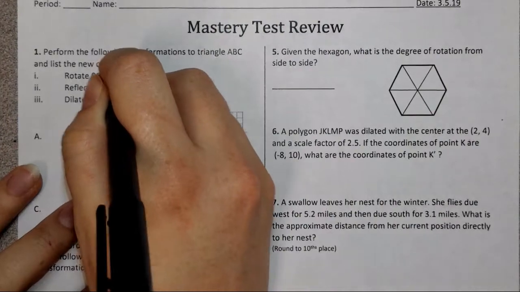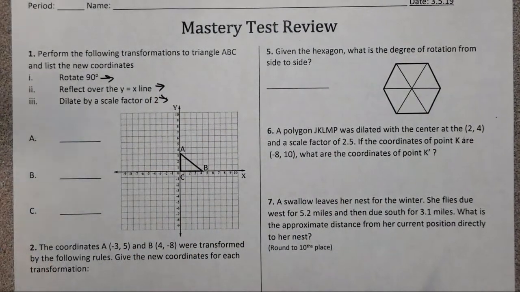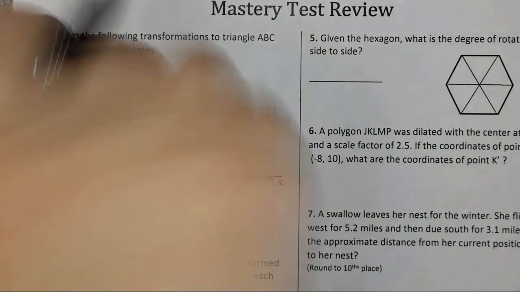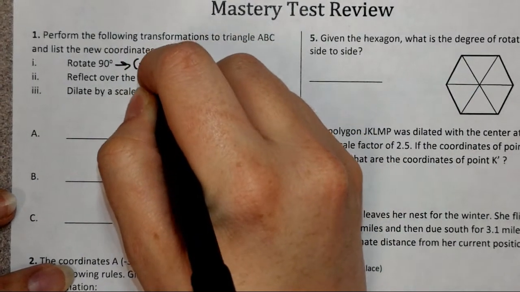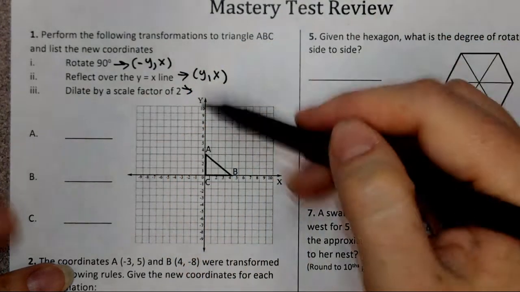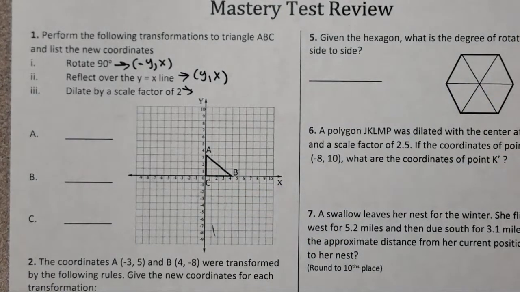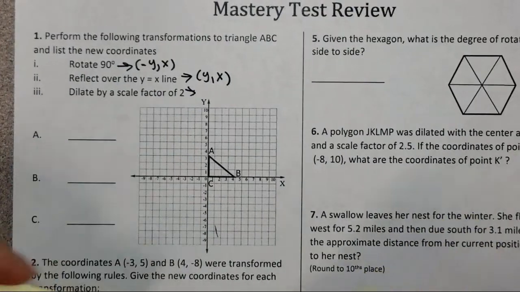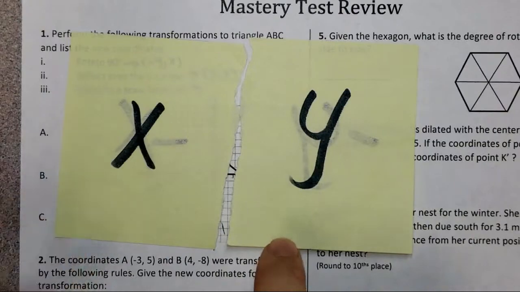Okay, for the first problem, you're doing multiple transformations: a rotation of 90 degrees, a reflection over the y equals x line, and a dilation by a scale factor of 2. So I would write out the rules for each step so that you can just take your coordinate and apply the rules each time. To help you remember the rules, for rotations, you can do this card trick